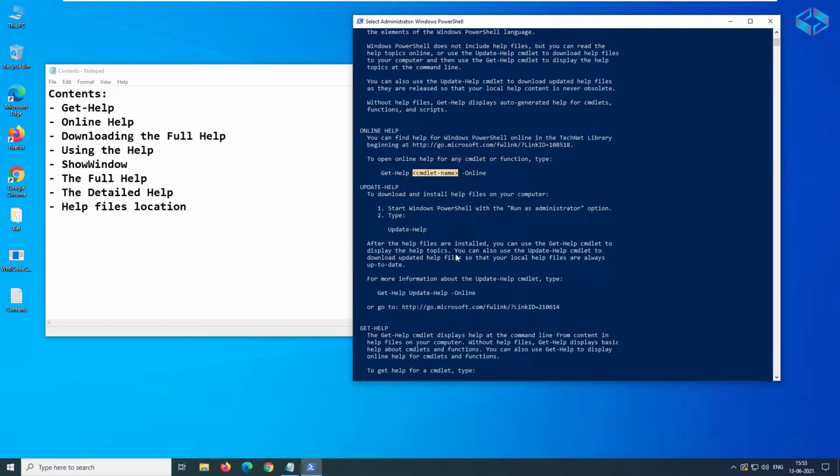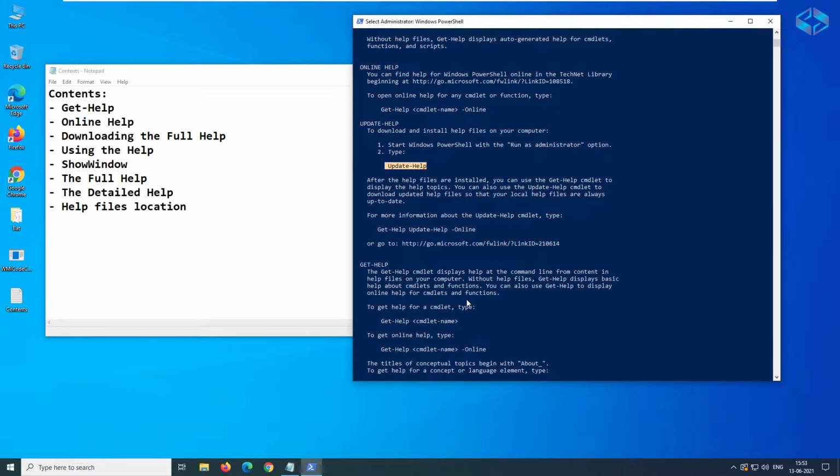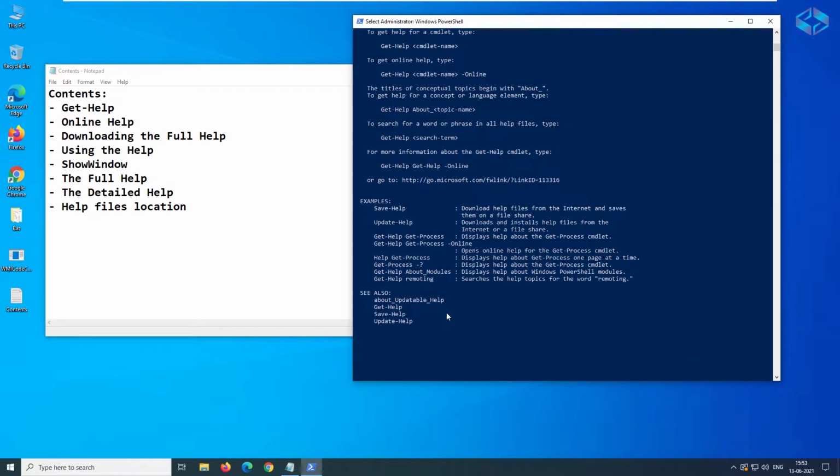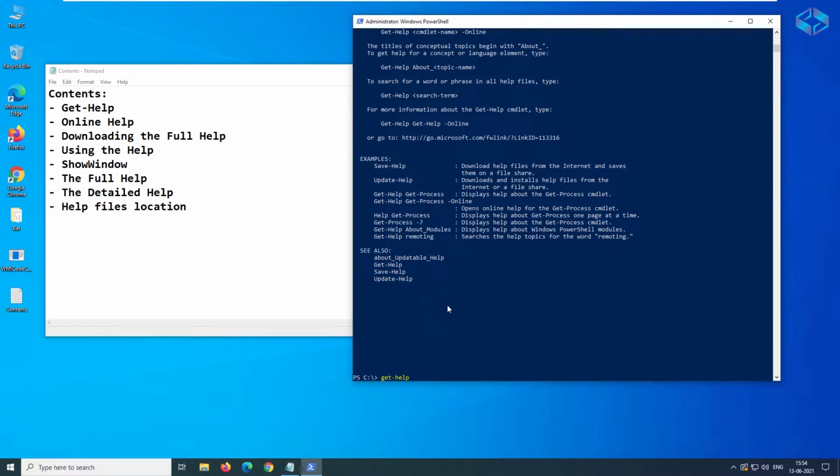Let's start with, as I mentioned, always running as administrator, so that it will not ask for any confirmation or block anything. You need to use administrator mode, which we are already using. Update-Help is the command for that, and we'll be discussing all those things shortly. So first thing is about Get-Help, and let's say one command called Get-